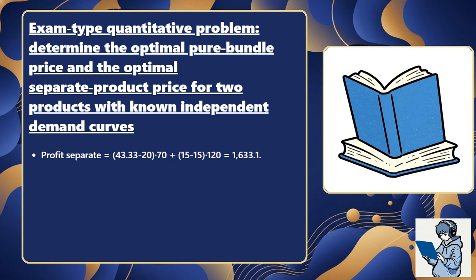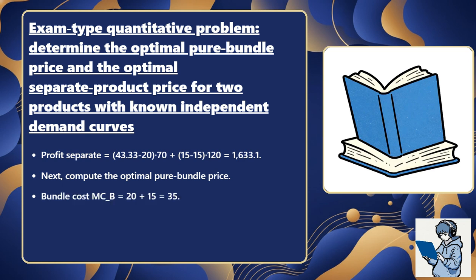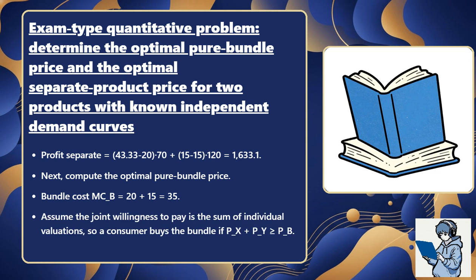Separate profit equals (43.33 minus 20) times 70 plus (15 minus 15) times 120, which equals 1633.1. Next, compute the optimal pure bundle price. Bundle marginal cost equals 20 plus 15, which is 35. Assume the joint willingness to pay is the sum of individual valuations. So a consumer buys the bundle if price of X plus price of Y is greater than or equal to